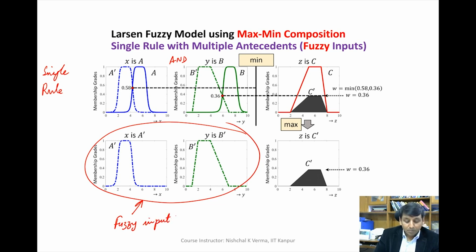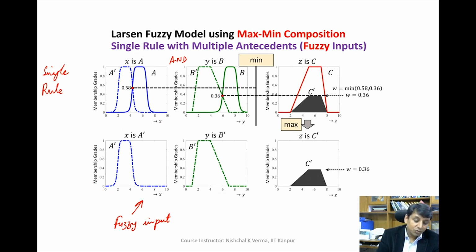If we supply the fuzzy input x is A dash, which is fuzzy, and y is B dash, which is also fuzzy, then x goes to the first antecedent, and the fuzzy input B dash goes to the second antecedent. When we superimpose these two fuzzy sets, A dash and A,